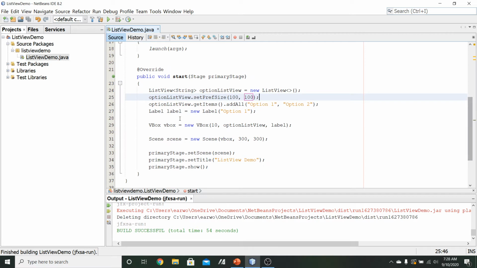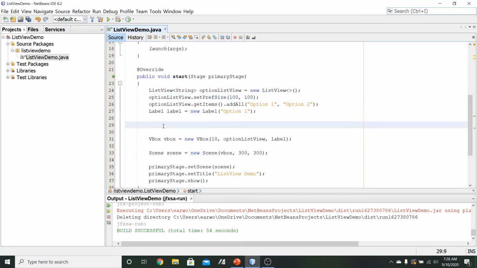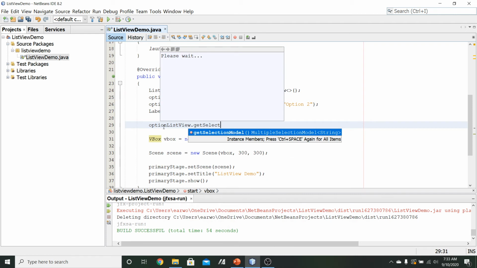So let's say that after I've set up the controls, but before I start doing the container, maybe right here is where I'll go ahead and put in my event handler. I'm going to do this as a lambda expression. So I'm going to do my optionListView, do getSelectionModel,